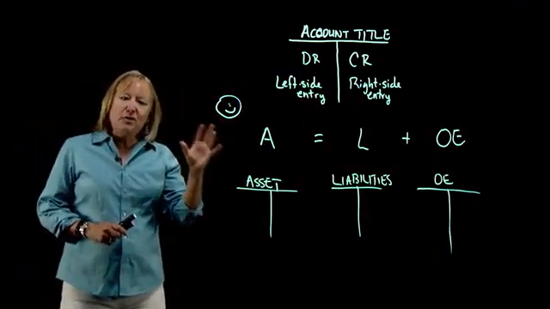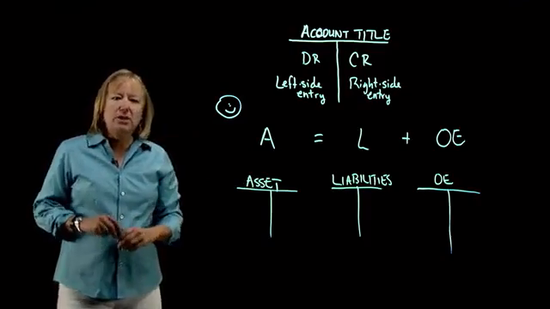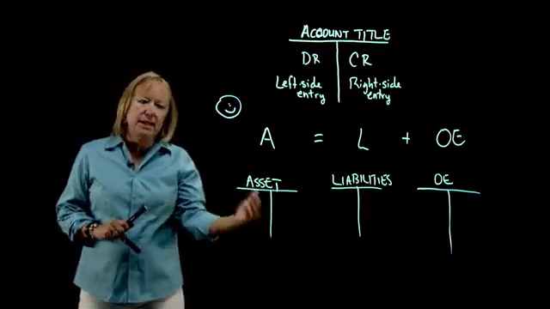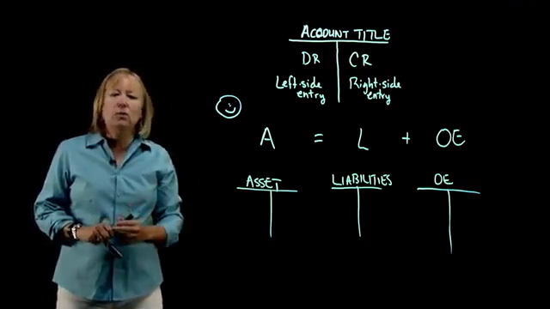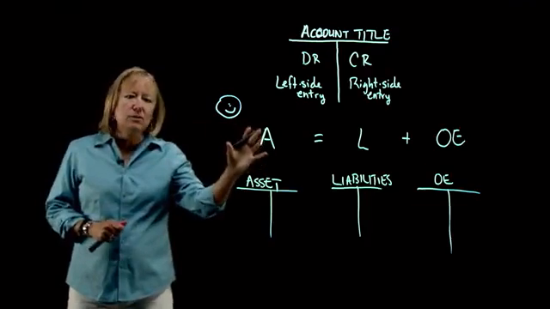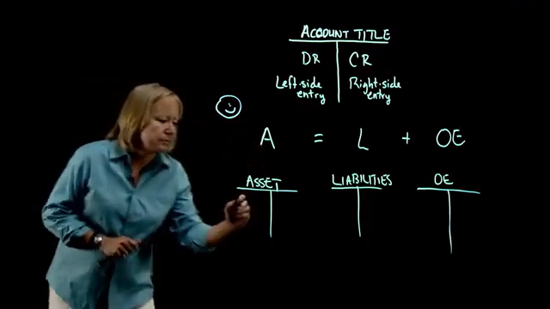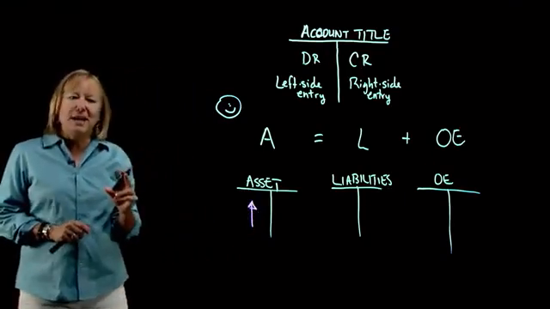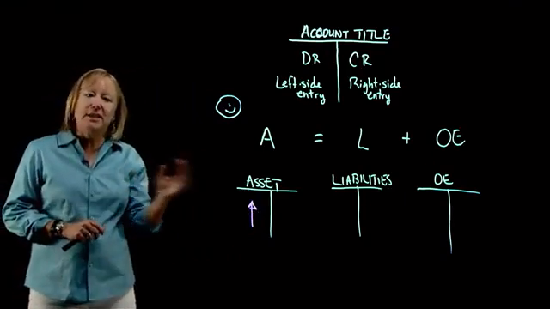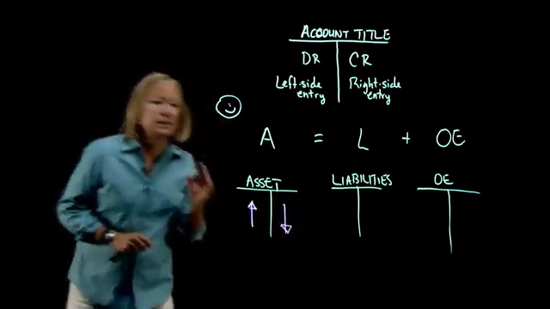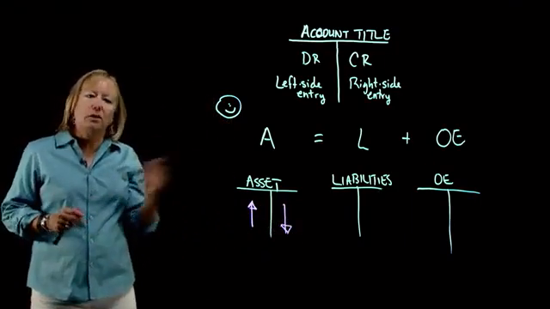Noticing that assets are on the left side of this equation can be very helpful to us in thinking about which side of the T account for an asset account would contain increases and which would contain decreases. Since assets are on the left side of the equation, we'll record any increases to an asset account on the left side of its T account. And then, as a result, any decreases in that account balance will be recorded on the right side of that